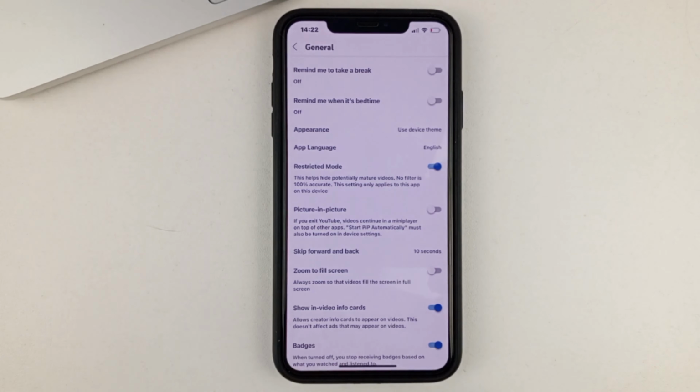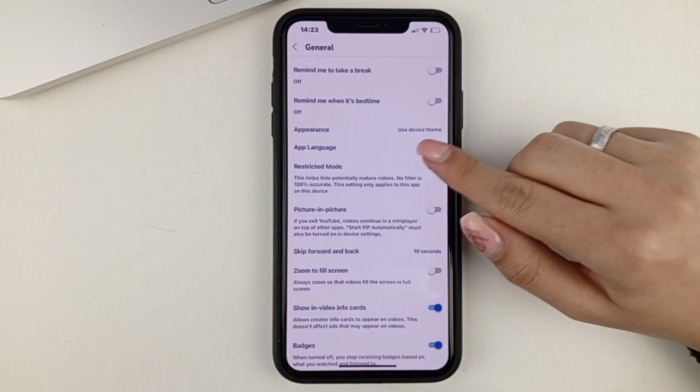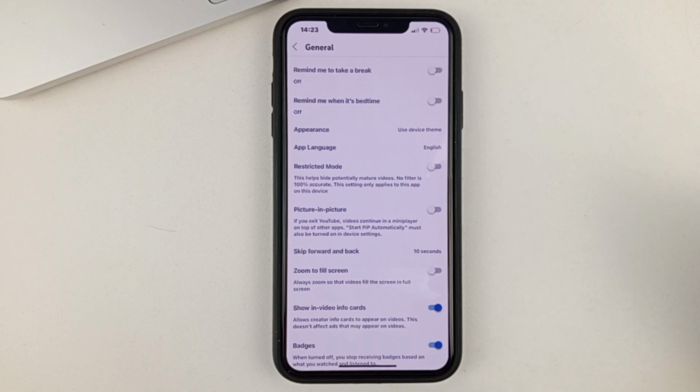And if you have this feature enabled, then you will have some restrictions on YouTube. For example, you'll have restrictions on certain videos, age restrictions. So if you want to disable that mode, you can just toggle this button to turn off the restricted mode. And now you won't have any restrictions on YouTube. That's how, in a very simple way, you can disable restricted mode on your YouTube.